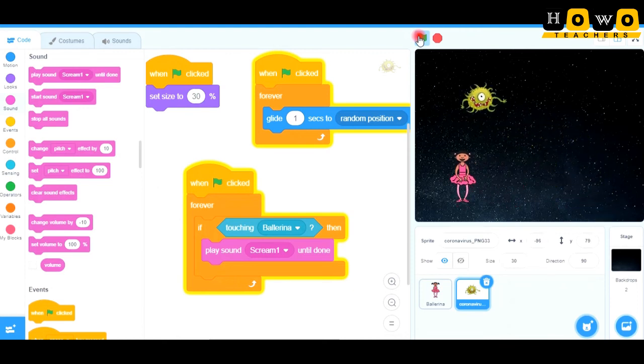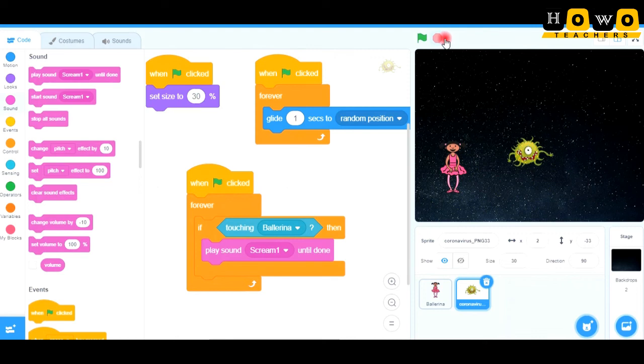I'm trying to move my ballerina and save it, but let us see. Oh, she screamed. So this is how the ballerina will be screaming when this virus comes near.